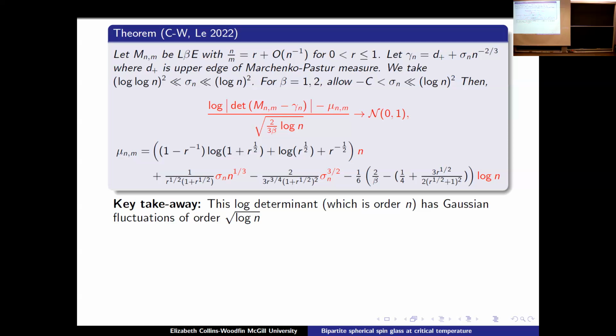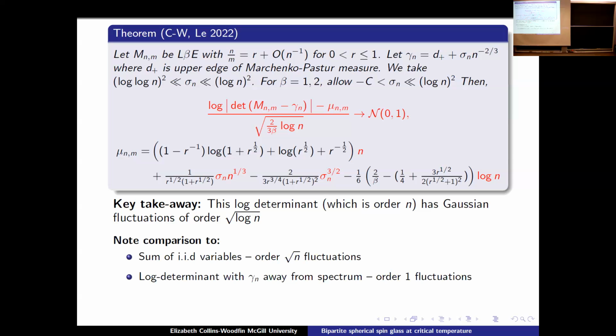And so this, I think, was what was coming up before. So sort of comparing orders of things. If you look at a CLT for IID random variables, we would expect order square root of n fluctuations. The CLT for linear spectral statistics that I was showing you before, if we were to take the gamma away from the spectrum, that would be just order 1 fluctuations. And here we're getting something that's in between, right? Because we have something that looked like a CLT for linear spectral statistics,